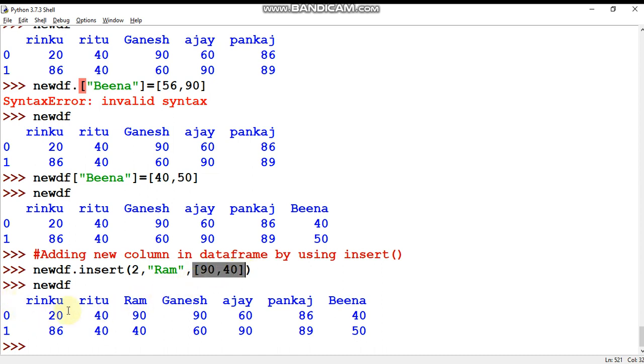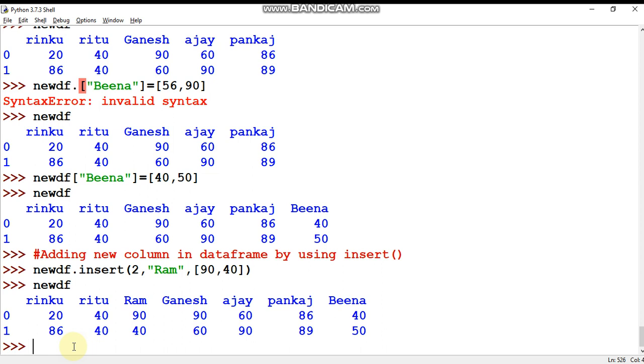Now what is the difference between the first method, that is the normal method, and this one? In that method, whatever column you are inserting will be inserted as the last column. But if you want to add a column at a particular index, there you need to use the insert function, the insert method.